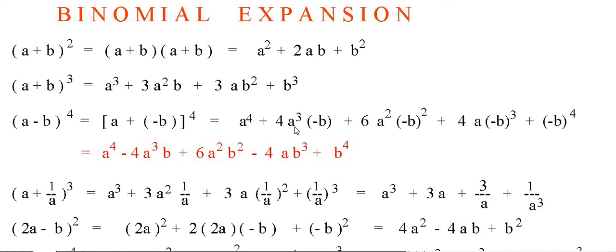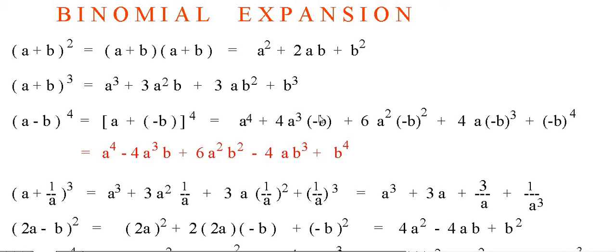Next term, we reduce the first literal coefficient, reduce the exponent from 4 becomes 3, then from 3 becomes 2, then becomes 1. While the b from the right, we start with 4, then 3, then 2, then 1. Okay, the numerical coefficient is based from the Pascal triangle, we first have 1, then 1 plus 3 is 4, then 3 plus 3 is 6, then 3 plus 1 is 4, then we have the 1. Okay,